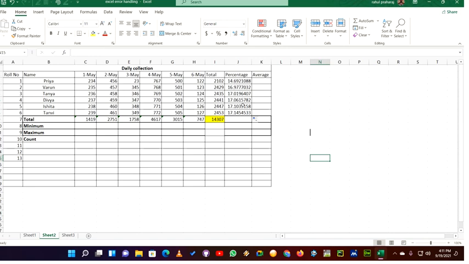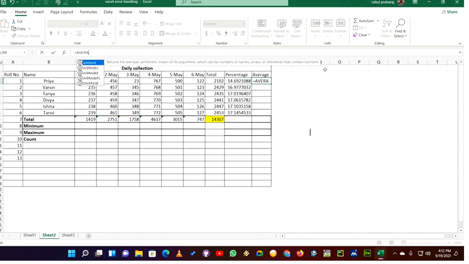Now we have calculated the percentage. Now how to calculate the average? Now average is pretty easy. Just if you want to calculate this row wise, since we are going to calculate this row wise, so we'll see the average formula. Just use your caps lock, or you can, it is case insensitive, so it doesn't matter if you write in capital letter or small. Just write the formula AVERAGE and open a bracket.